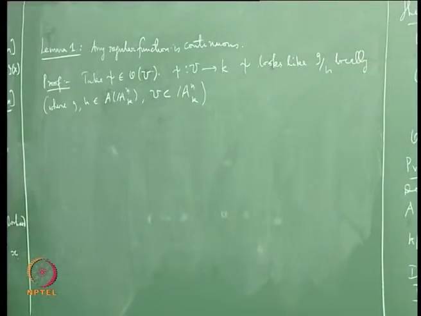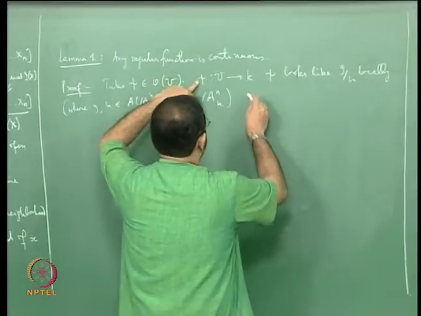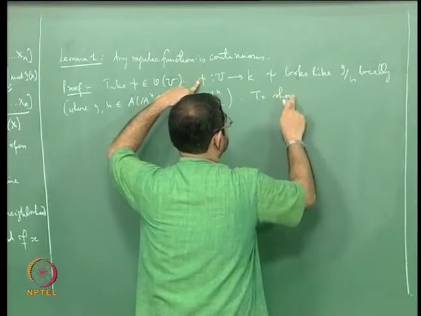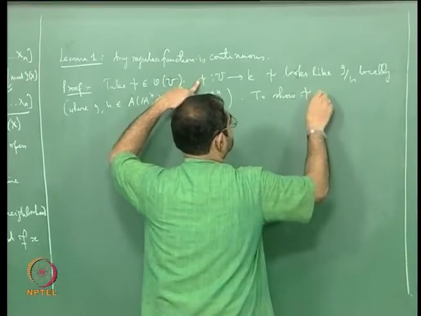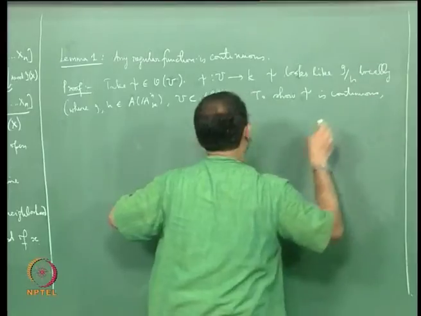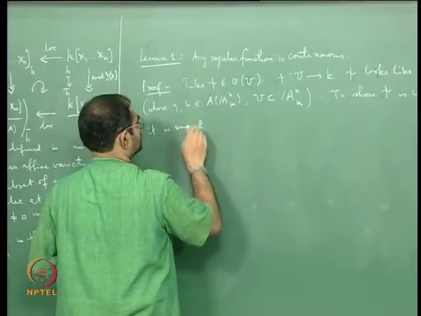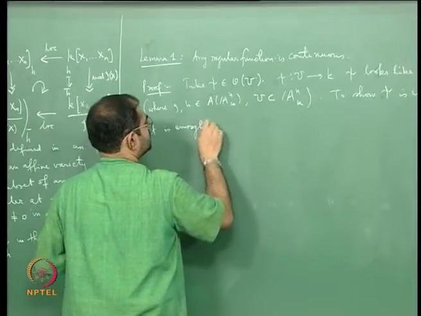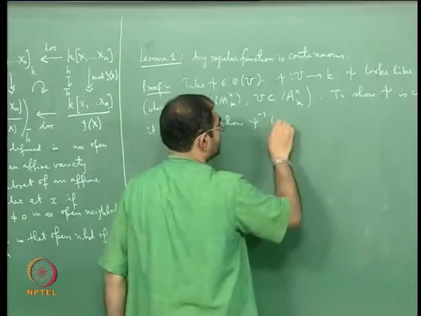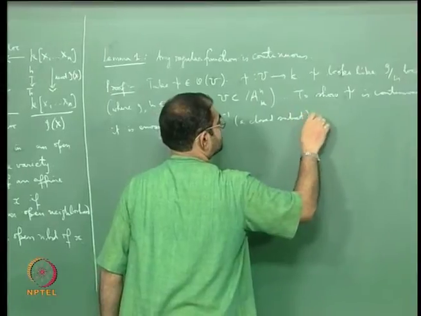And then you see, to show psi is continuous, it is enough to show psi inverse of a closed subset is equal to a closed subset,